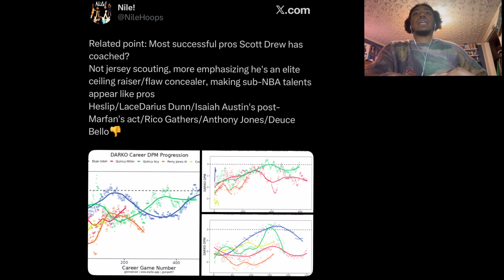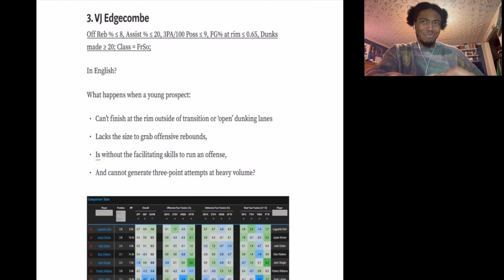I had a query, and it states that if your offensive rebound is under 8%, your assist percentage is under 20%, you attempt less than 9 3-pointers per 100 possessions, and you had at least 20 dunks but finished sub 65% at the rim. Translated, this indicates what happens when a prospect can't finish at the rim outside of transition or open dunking lanes, like very quote unquote easy dunk attempting situations, but you also lack the size to influence offensive rebound success while not being able to run point guard or not being able to run primary initiator